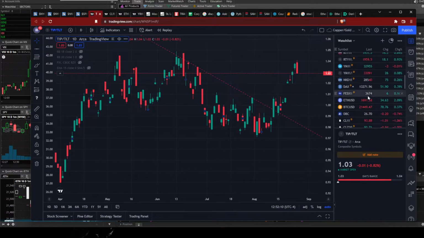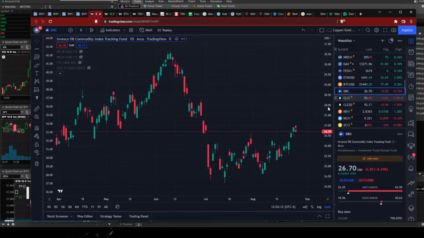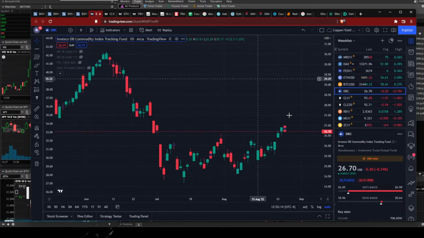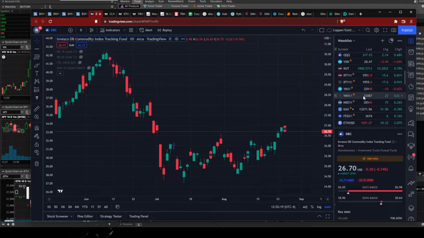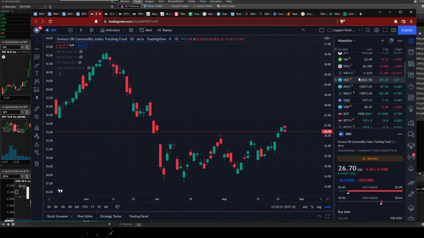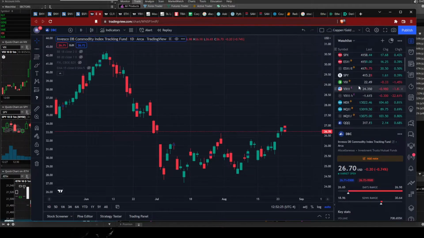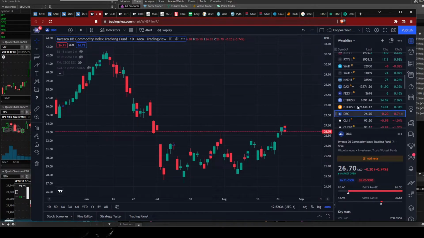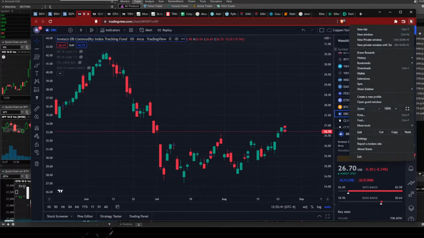What else? DBC, which is broad-based commodities, is pulling back. Okay, it is pulling back. So maybe that's where some of the weakness in TIP-TLT is coming from. Maybe it's just some quant funds just reacting to DBC the way it is. Well, again, I think time will tell. If it quickly reverses in the next 2 or 3 days, then I think that signal becomes null. All right. So that is TIP-TLT. Another important indicator.